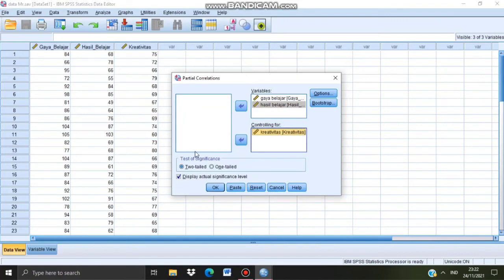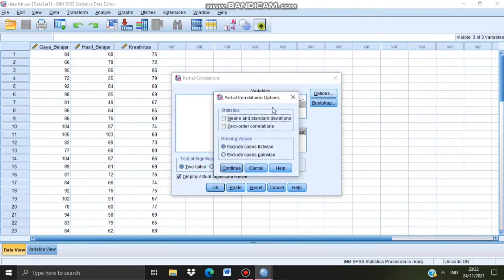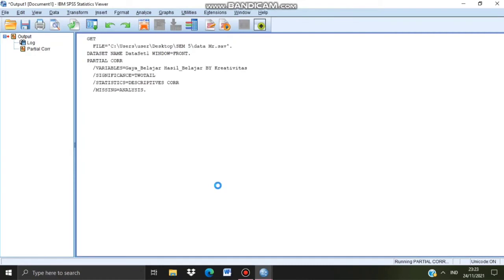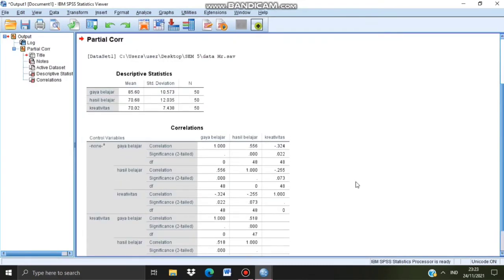Then test of significance with 2 tail and display actual significance level. Then click Options. Then in statistics you can click mean and standard deviation and zero order correlation. And for missing values, select exclude cases pairwise. After that, you can click Continue, then click OK, so the output will display.